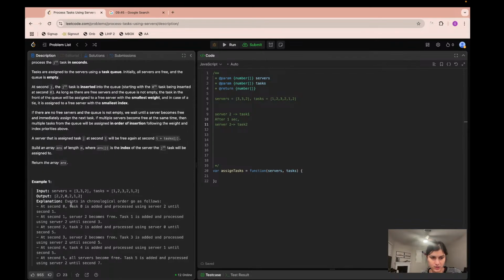So at second 0 task 0 is added and processed using solver 2 until second 1, right? So this is added and then processed until second 1, and at second 1 solver 2 becomes free. So since at second 1 solver 2 becomes free, so